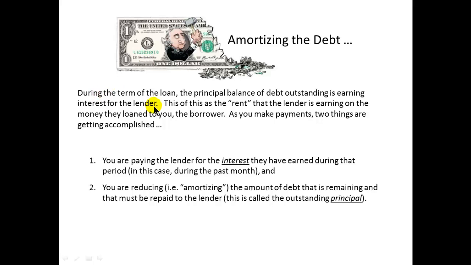So what's happening, there are two things getting accomplished as you make that payment. You are paying them for the rent or the interest on the money that you borrowed, and you're also reducing,